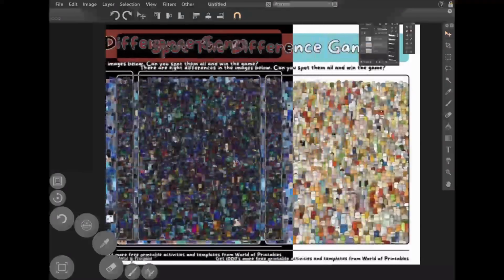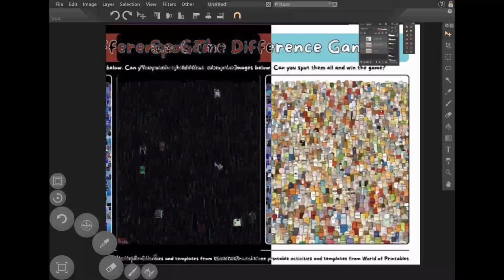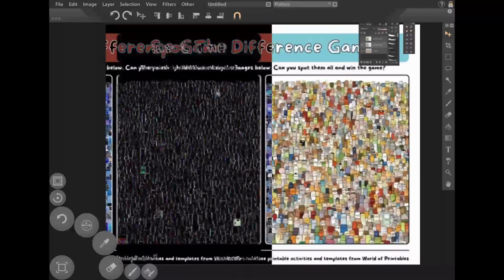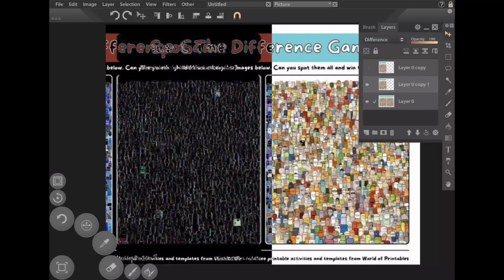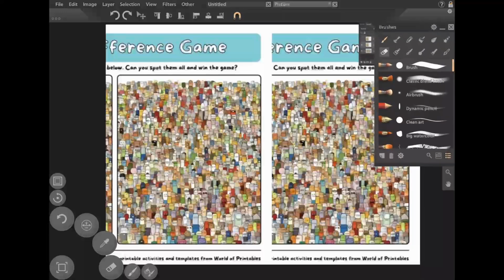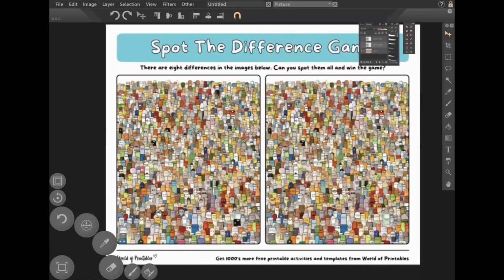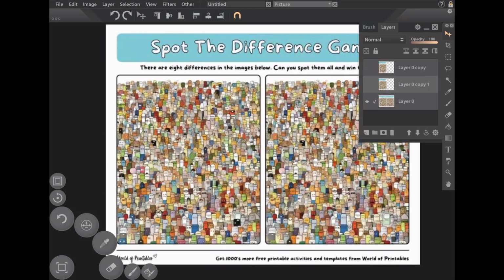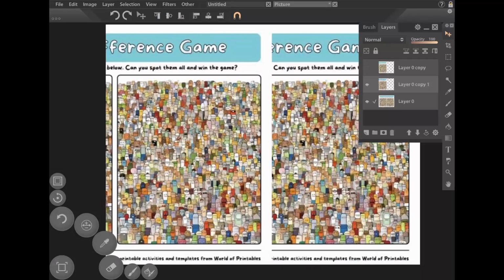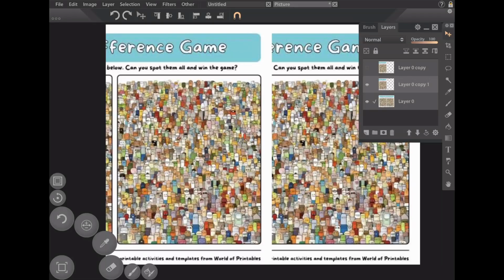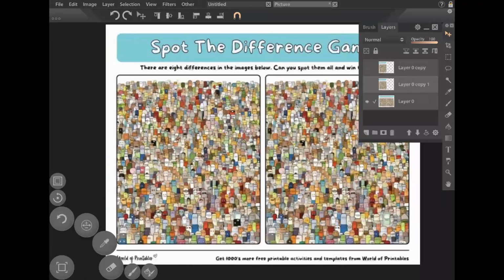But if I drag the left one to line up with the right one, you start to see that the differences leap out. And more to the point, you can see that it gets confused if you're even like half a pixel out. But if I put this into just normal mode and I just toggle between them, you can see that the differences come out really clearly. So there's this one, this one, this one, that if you're just trying to spot it by eye from far away, or when the images are side by side, it's really hard. So our eyes are really attuned to this spot the difference thing,